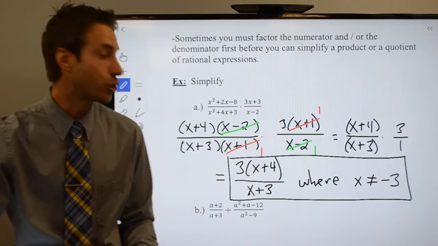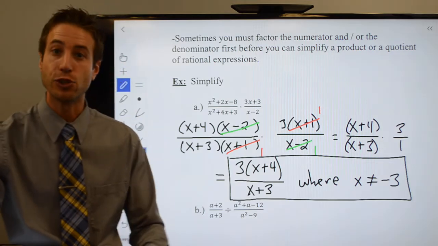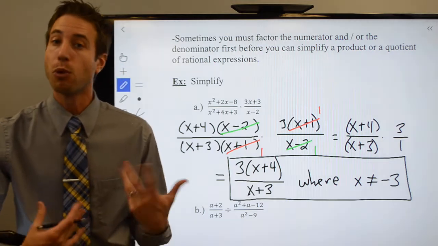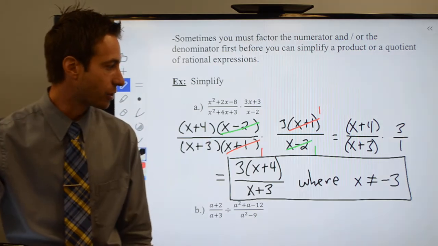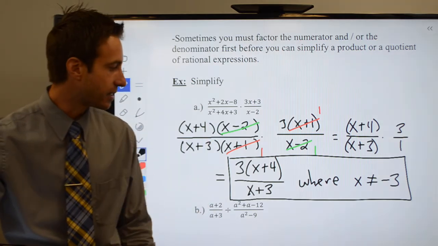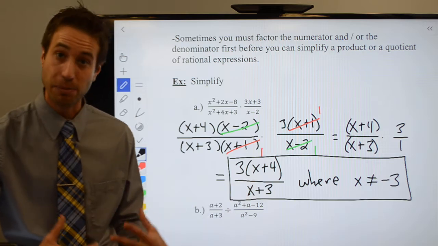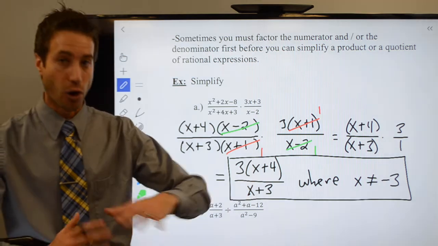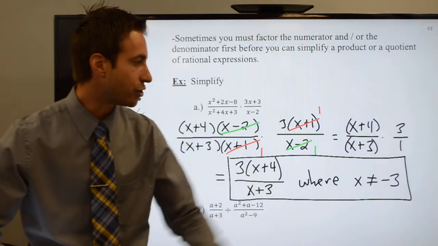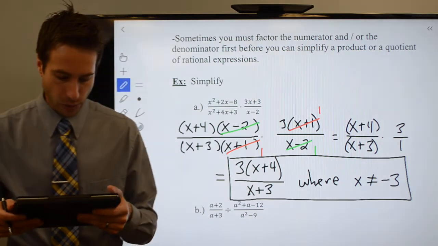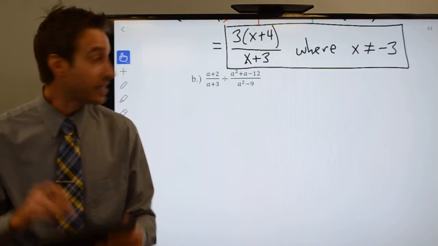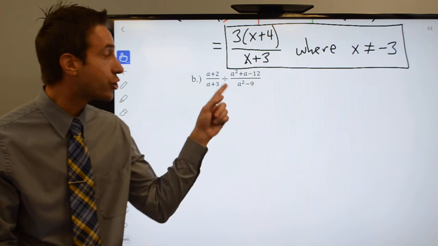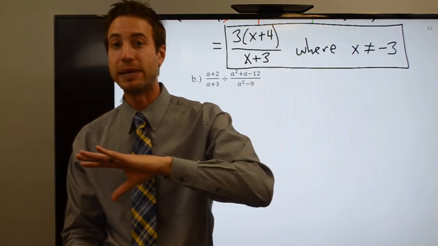Right? So like we were doing before, what you'll sometimes have to do is factor first. But once you factor, cross-cancel, multiply numerators, multiply the denominators, you wind up with it in simplest terms. You've already gotten rid of the GCFs, and then just restrict the domain. Let's try another one. This one, though, is going to be division, so my first step would be to flip